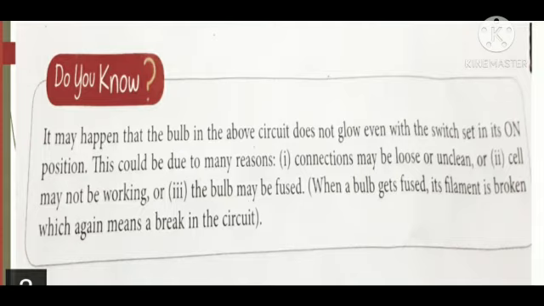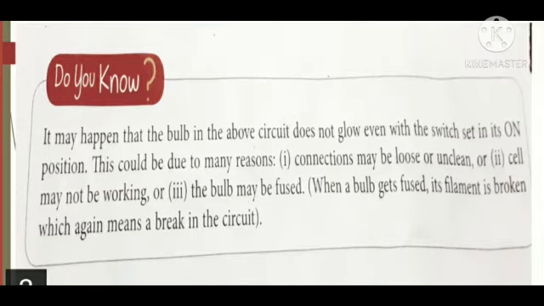Now a Do You Know is given at page number 178. And this is all about, it may happen that the bulb in the above circuit does not glow. आपका सर्किट भी क्लोज्ड है और फिर भी बल्ब नहीं जल रहा, स्विच भी आपका ऑन पोजीशन में है, बल्ब नहीं जल रहा। This could be due to many reasons, 3 या 4 रीजन हो सकते हैं कि आपने सारी चीज़ ठीक कर दी और फिर भी बल्ब नहीं जल रहा। तो आपका पर्सनल एक्सपीरियंस भी आपको बता रहा होगा कि सबसे पहले आप वायर्स को जहाँ से आपने कनेक्ट किया है उनको देखते हैं कि कहीं कनेक्शन लूज